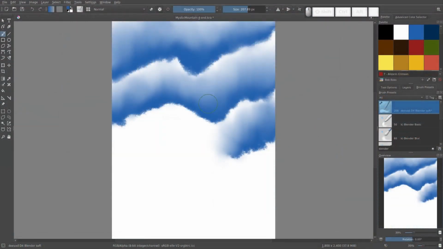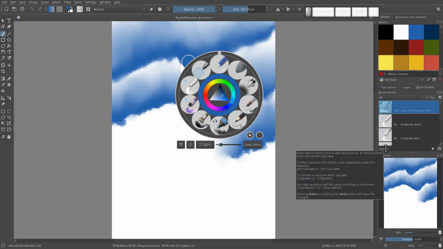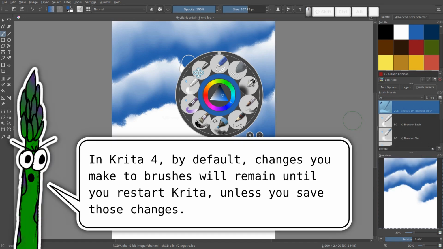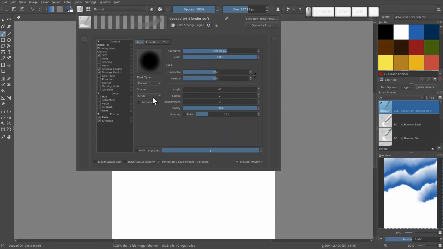Wouldn't it be convenient if all our brushes just showed up in this pop-up so we didn't have to dig through the presets every time? We can do that. I have the Blender soft brush created, and every time I switch between the brushes it goes back to its default size, and this is our 2-inch blending brush, so I want it to save 2 inches or 200 pixels. With our DVAD D4 Blender soft brush selected, let's go up into this scary brush engines